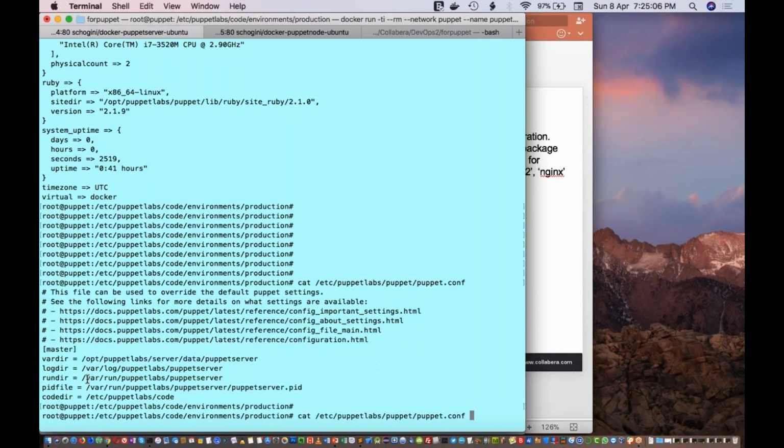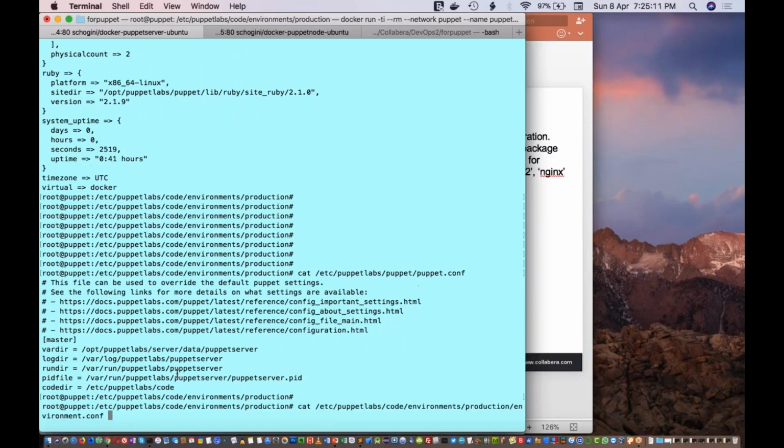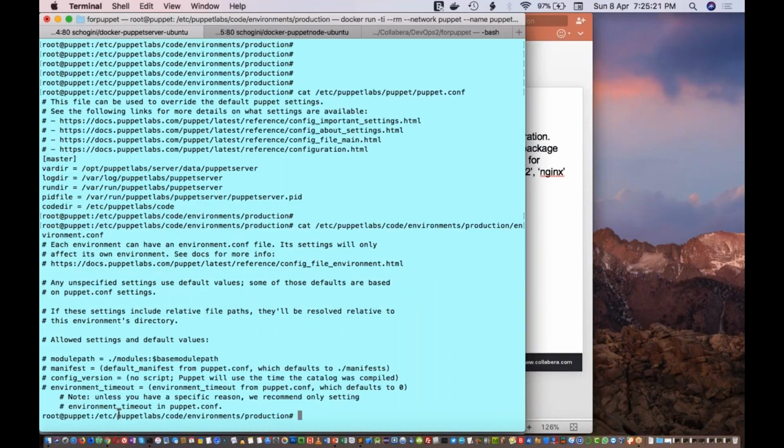Yes, exactly. Now, if you want to change any of these variables, like the value of the log directory for nodes in your production environment, then you can have an environment.conf inside that production folder, and inside that file you can override this one.